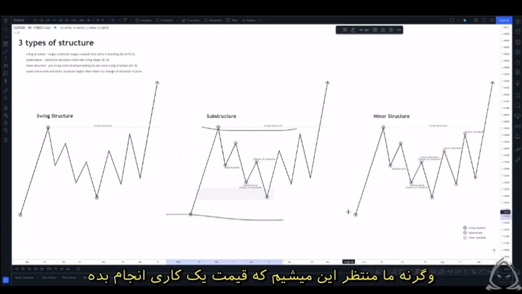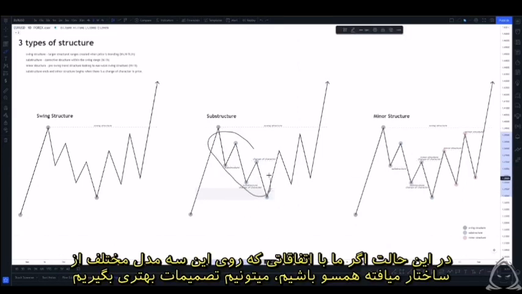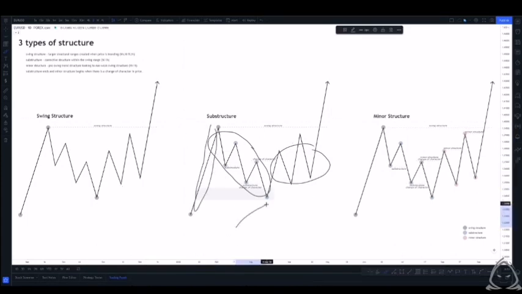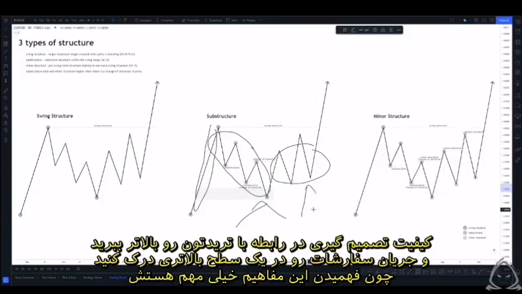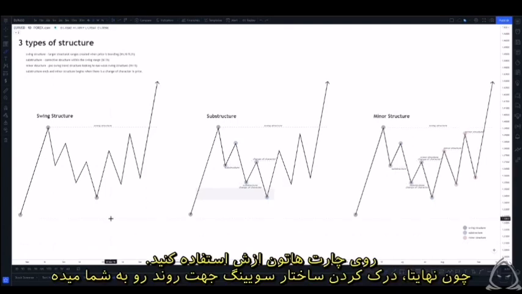Because if not, what we're likely to be doing is just waiting for price to do something, and we're going to be guessing at which demand zones to pick, or guessing where price is on a chart to make an informed trading decision. This way, if we're more in line with what's happening on these three different types of structure, we can make better decisions and then build better quality trade decisions and just understand order flow at a higher level, because it's so important to understand these concepts, apply them to the charts, because at the end of the